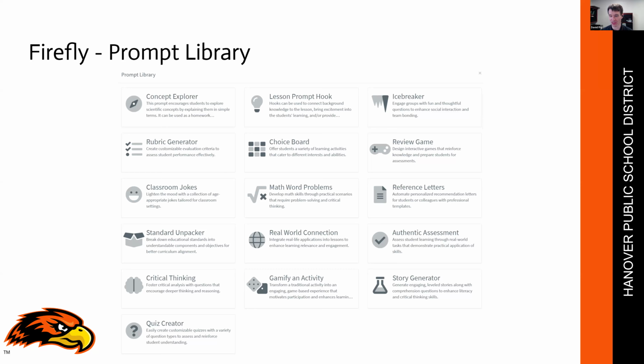So one of the first things was this idea of a prompt library. We have in our system a prompt library where each one of these items leads to generate a prompt. So if you wanted to make a math word problem, you click on that box, it would ask you for the grade level that you are building the math word problem for, what standard or concept that you're building the math word problem for, and then it will actually generate a prompt, send it out to ChatGPT, and then insert it directly into our lessons, so that it makes it really easy for the teachers to differentiate